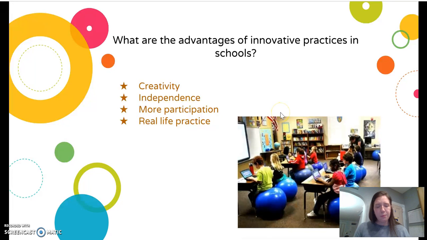The picture on this slide, I think, is perfect. The kids are using yoga balls for chairs, and they're all using computers, but they also have access to the smartboard in front of them that may be helping them guide their learning on the laptops, and the teacher's moving more freely around the room. This is a lot of independence and being able to still have support when needed.